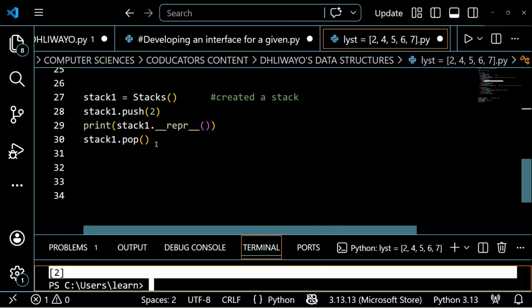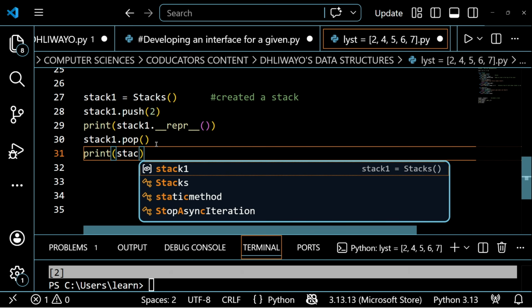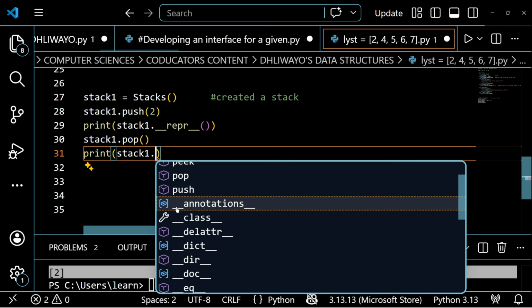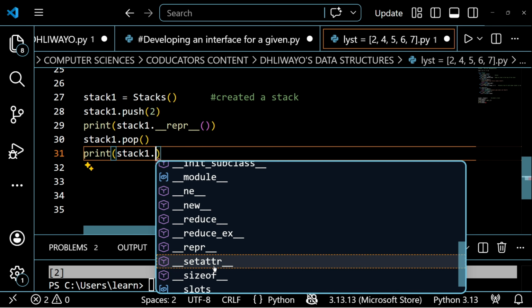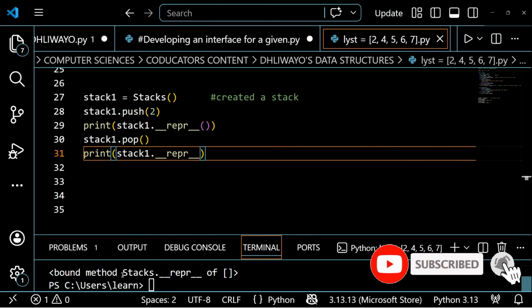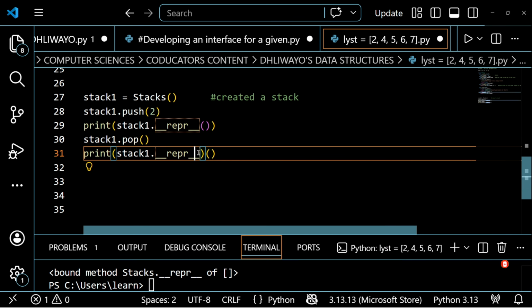The moment we try to print stack 1 again, if we say print stack 1 dot rep, we just want to print the contents of stack 1. The contents are still going to give us what? They are going to give us an empty list.